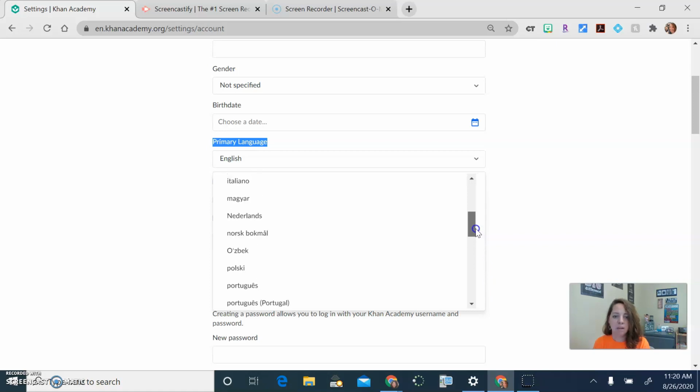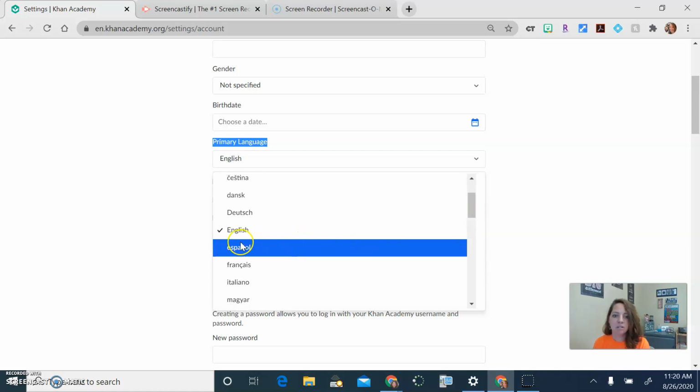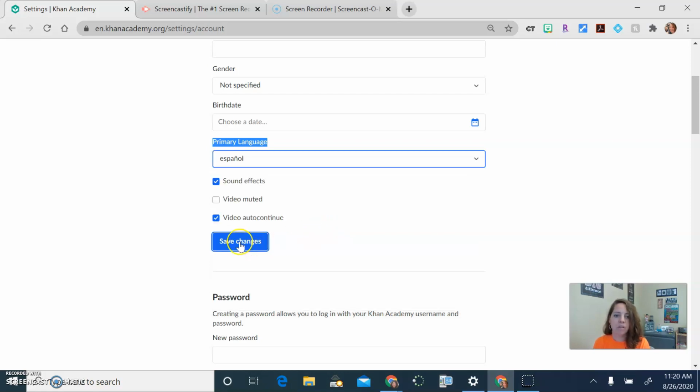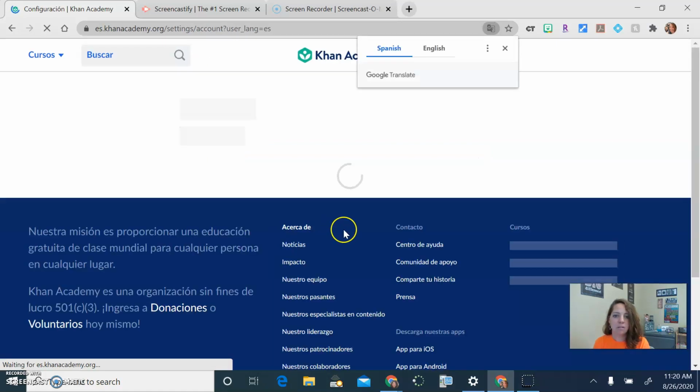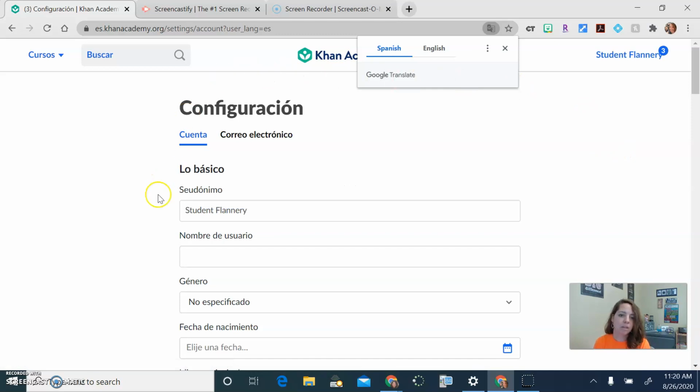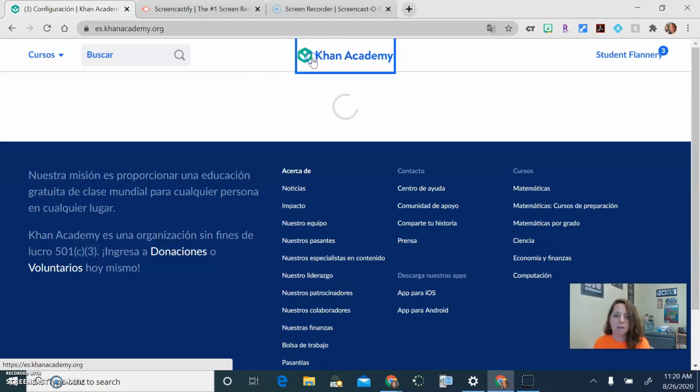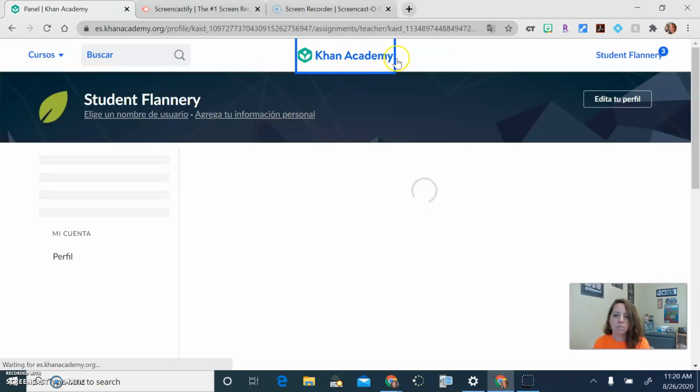I'm going to use Spanish because I understand a little bit of Spanish. Hablo un poquito español. So hit save. Y ahora, now everything on this page is going to be in Spanish. If I go back to the home screen